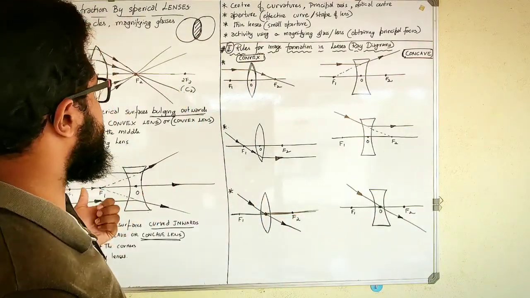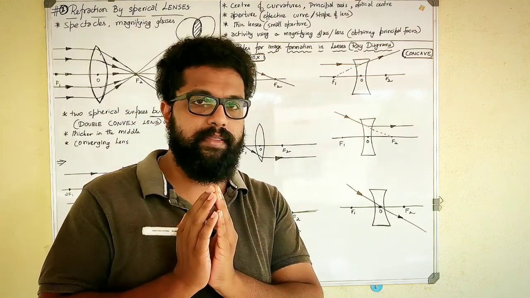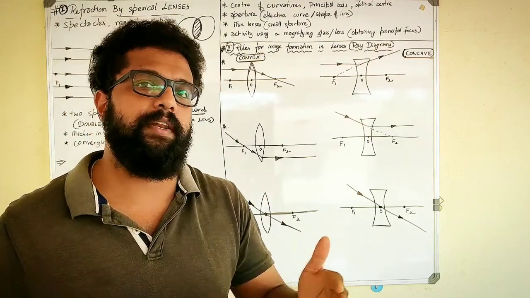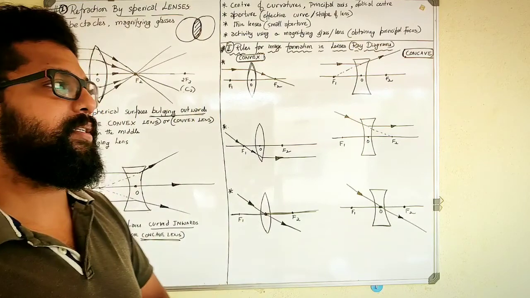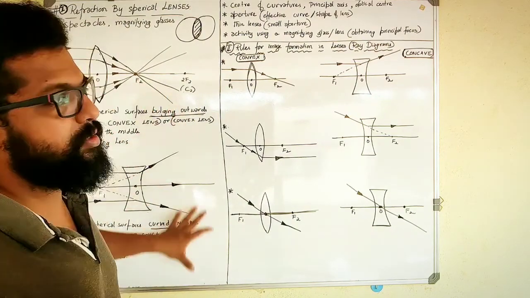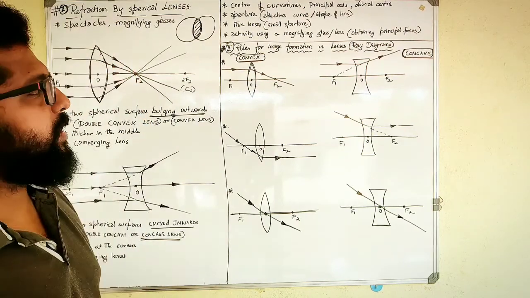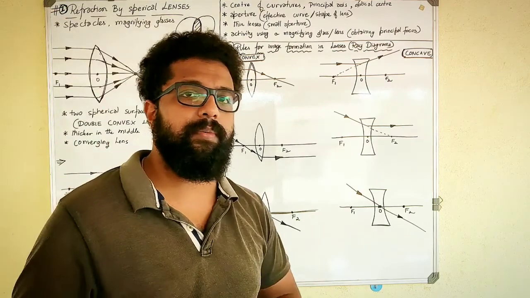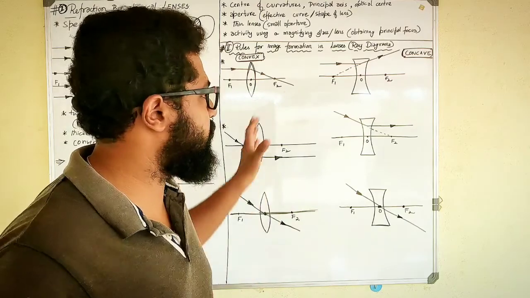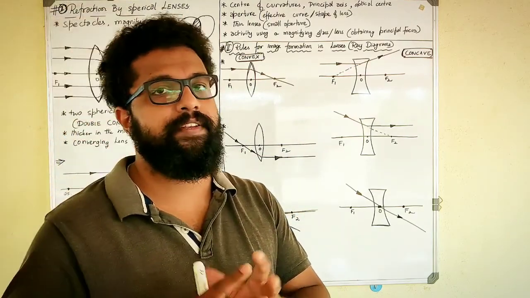Whereas in convex lens, the lens is thicker in the middle and thinner at the corners, and you can see that the light rays passing through them, that is after refraction, will meet up at one point, and that is called a converging lens. Okay, so these are the basics about the two lenses, concave lens and convex lens. And the basic difference also I told you all about the lens and the mirror, and do not get confused between the lens and the mirrors. They have very similar type of concepts involved, so do not get confused, understand it clearly and differentiate between the two very clearly.